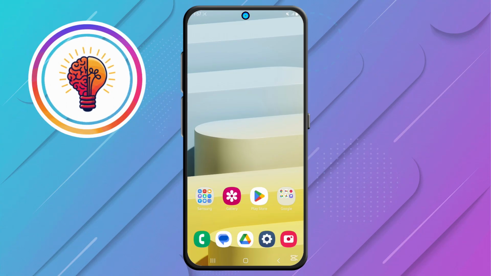In today's video, I'm going to show you how to change the lock screen clock style on the Samsung Galaxy